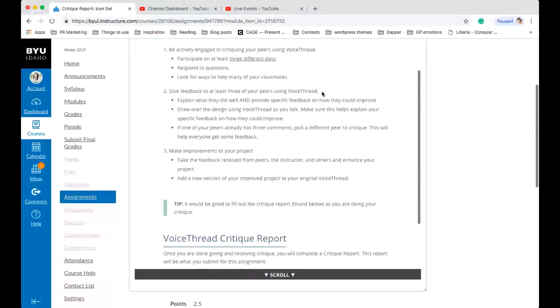As far as critique goes, make sure that you tell them what they did well. Say something nice that they did, whether it's meeting minimum requirements or whatever you think they did really good on. And then provide specific feedback on how they can improve. The most helpful way is to point out things that you notice that could be improved.